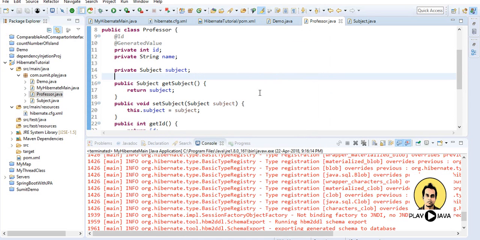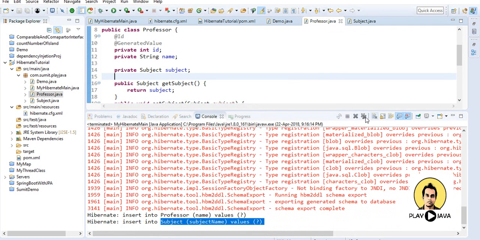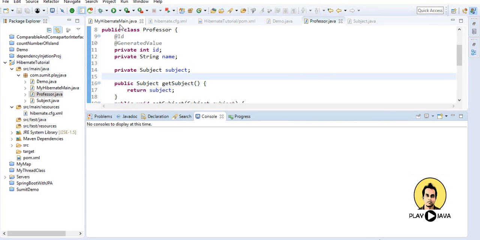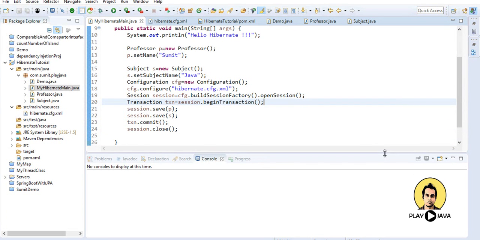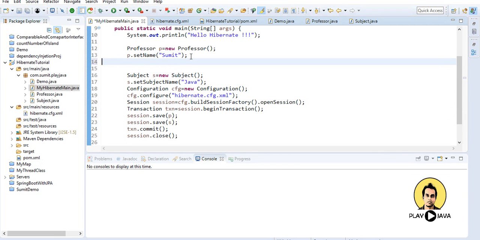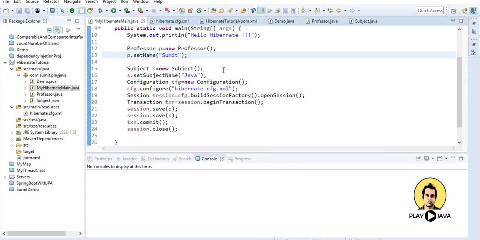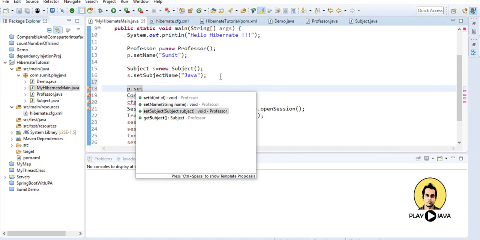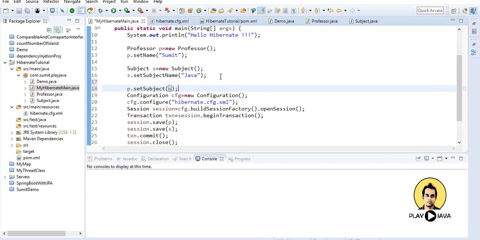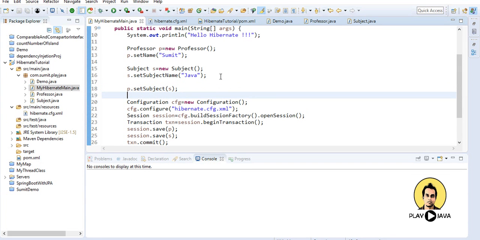So we have provided subject here, and just to verify that Hibernate won't be able to tell what the subject is, I am showing you that I will not do any mapping. I will just try to save this professor. So let's see what happens when I do this. Just after creation of subject, I will provide p.setSubject as this subject only.